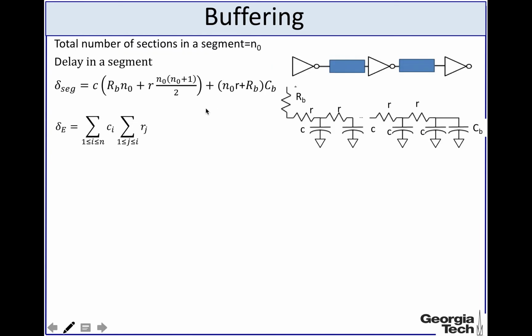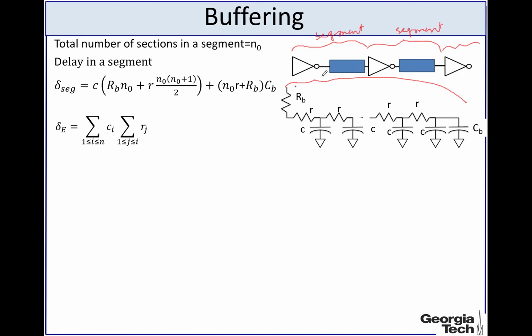All right, so let's look into a particular case where we have a long piece of interconnect or a wire which is broken into multiple segments. This is one segment, and this is another segment, and there are multiple segments like this. We are trying to see what is the optimum number of segments that we should put in, and within each segment, say we have this segment, the transmission line